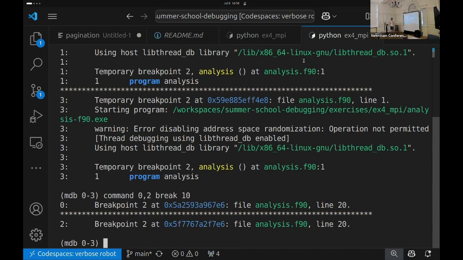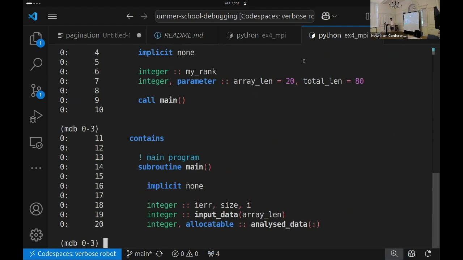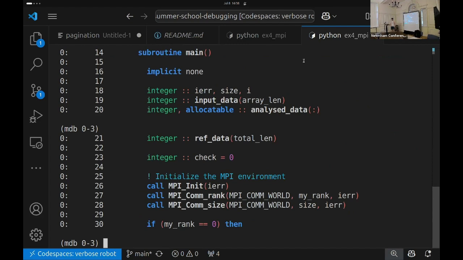You'll notice that you didn't break on line 10, it broke on line 20. If I show you the code, you'll see why. Line 20 is not executable code, so the first line where it can set a breakpoint is line 26 or something. Anyway,